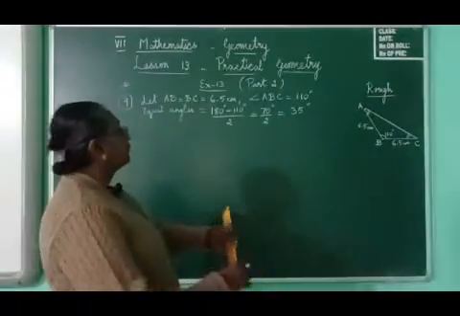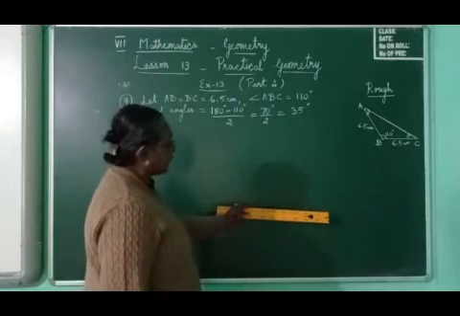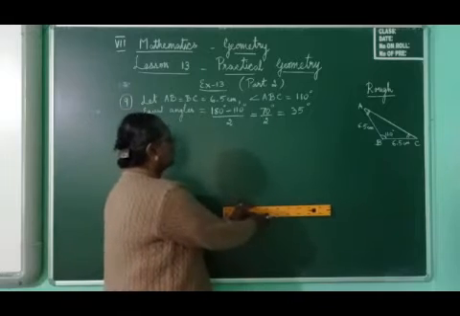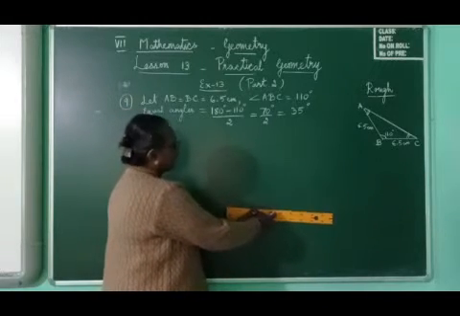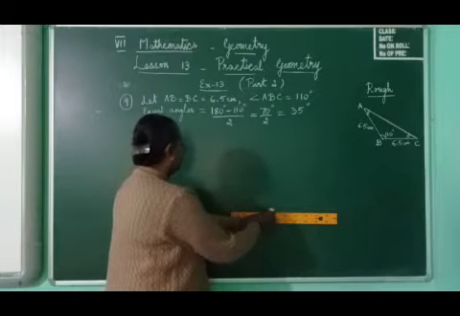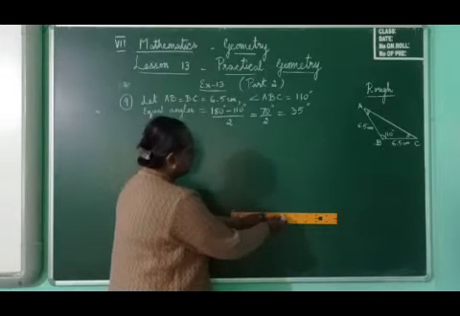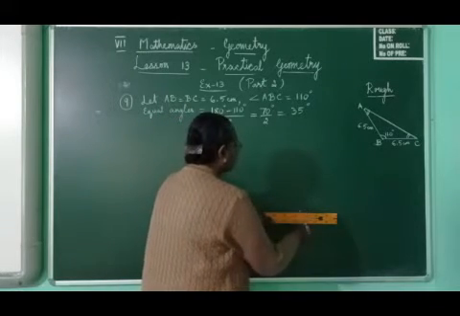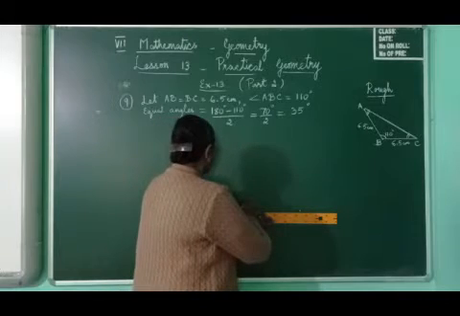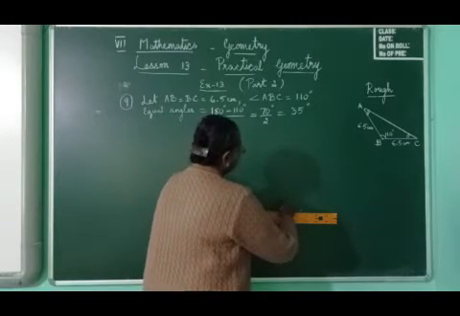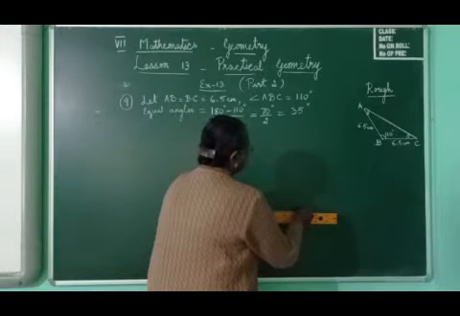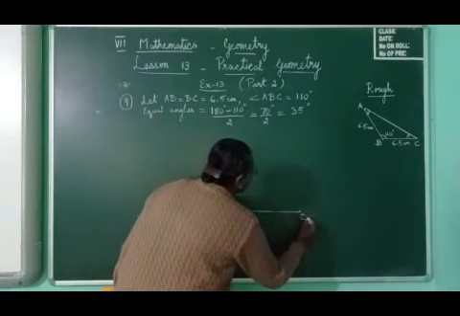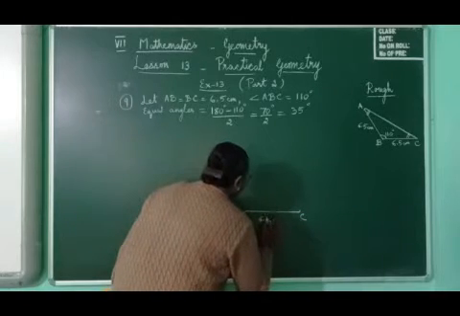To start with, we will first draw the line BC, which is the base. Let me begin with BC. As we used to draw the line, we will mark a point at 0 and then mark a point at 6.5, and then draw the line. So this line segment will be BC, which is of length 6.5 centimeters. We have drawn the base.